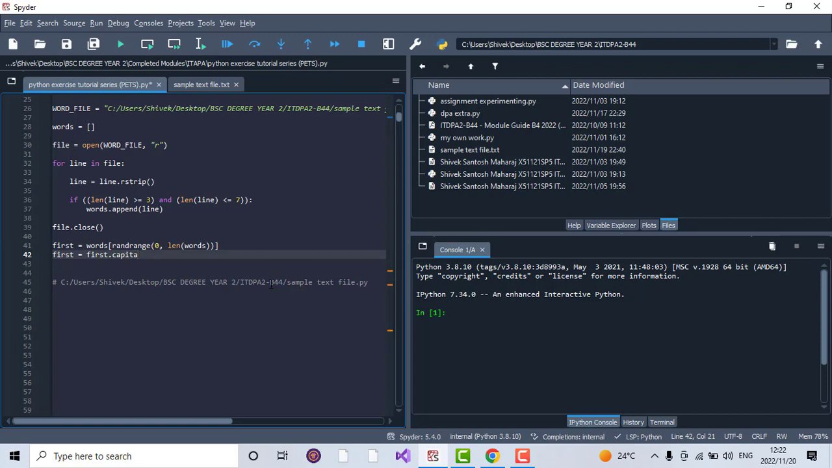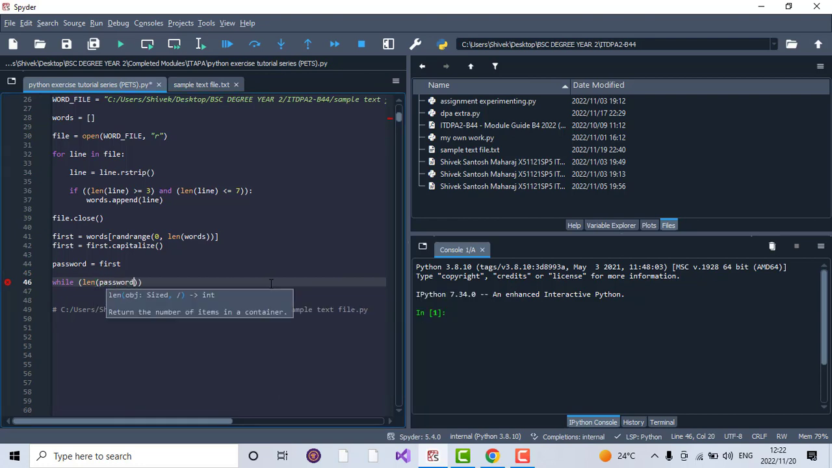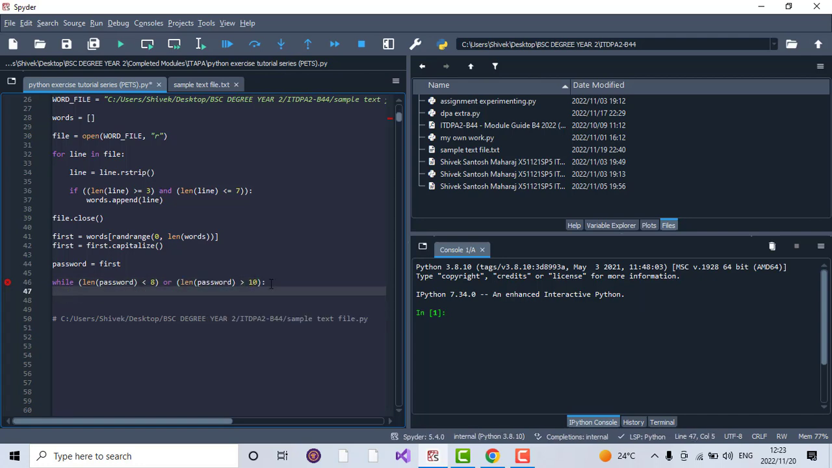First dot capitalize. This is a method or technique that can be used on a string object. So first dot capitalize, that's there. Password equals first, while length of password is less than 8, or length of password is greater than 10. Second,